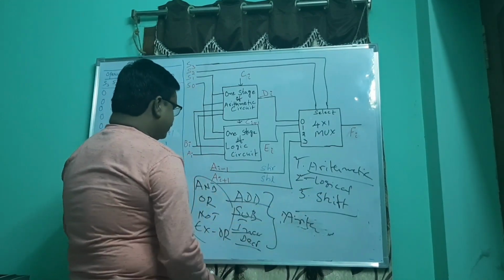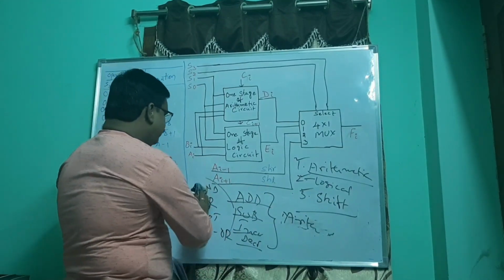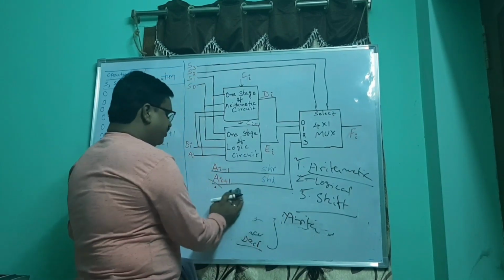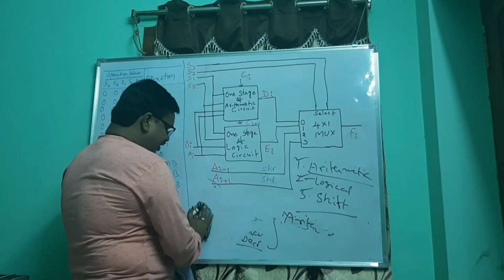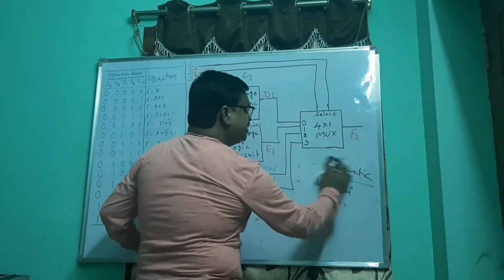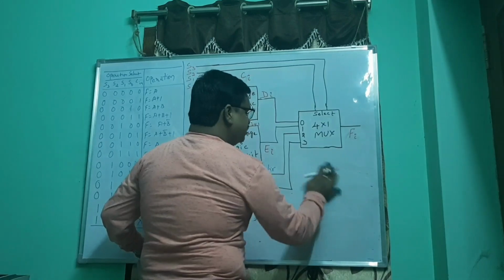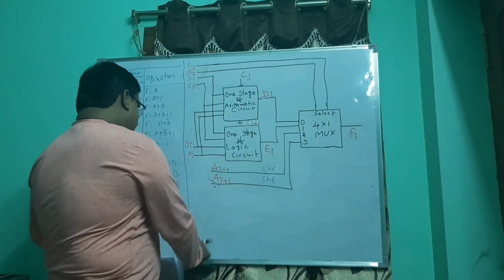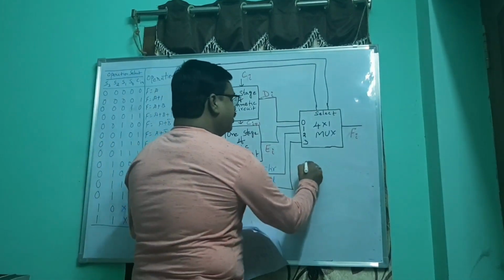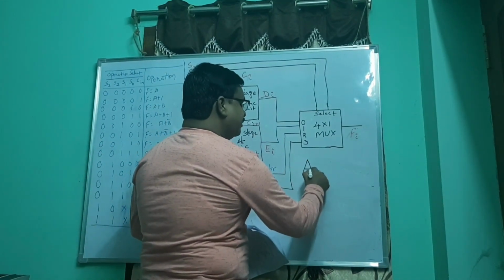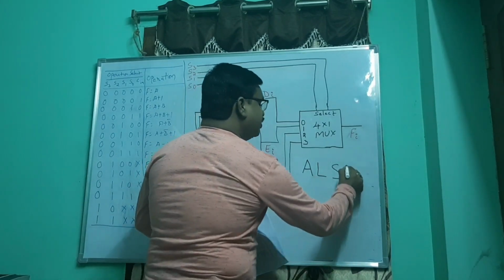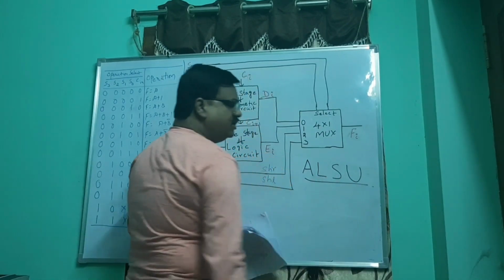Today, in the first topic, shift operations, we have already done one hardware part and discussed. Now, does every CPU need to have a separate circuit for all these three or not? The answer is, it need not have three separate circuits. We can have a common hardware circuit that performs arithmetic, logical, and shift operations. That unit is called the arithmetic logic shift unit.